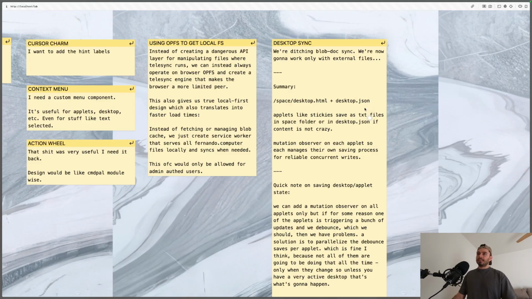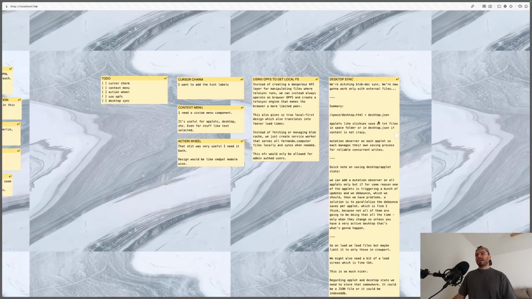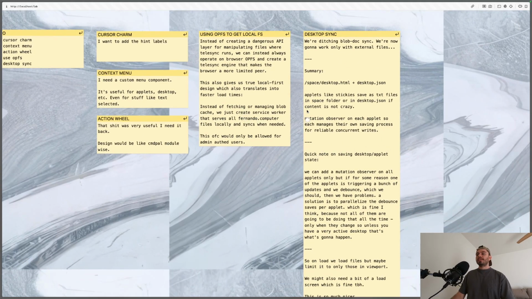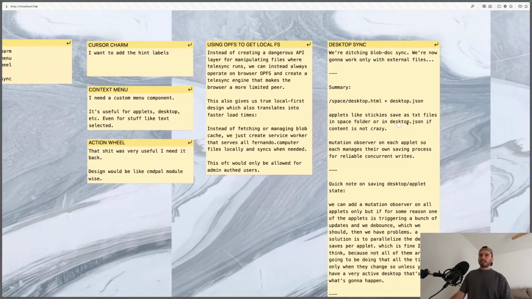And the desktop.json is going to be like an applet, just a desktop state file. I don't know if I should have a desktop config file, or just put it here on the desktop.json as well. I think it should be here as well. But anyways, to be able to implement this though, I need to get this going first, because